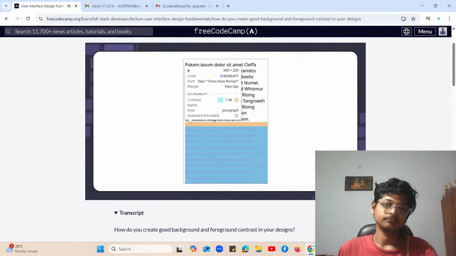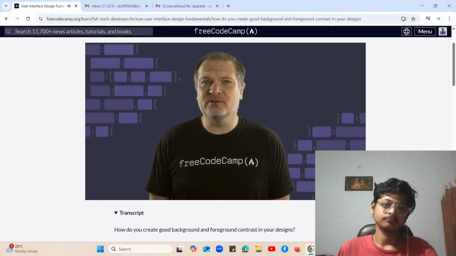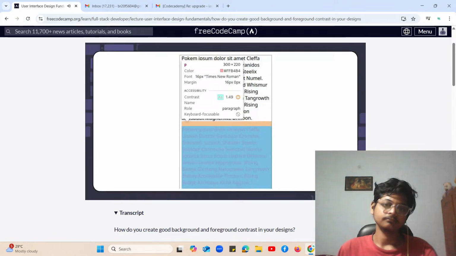How can you fix this? Well, there are three aspects that impact the contrast ratio. The first is the hue, which represents the general color type, like red, blue, orange. Let's shift to a hue that is further away from blue. In this case, let's use red. Unfortunately, this change only brought the contrast ratio to 1.49 to 1, which means you need to change the saturation